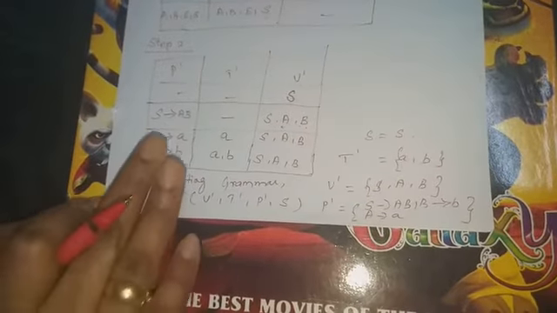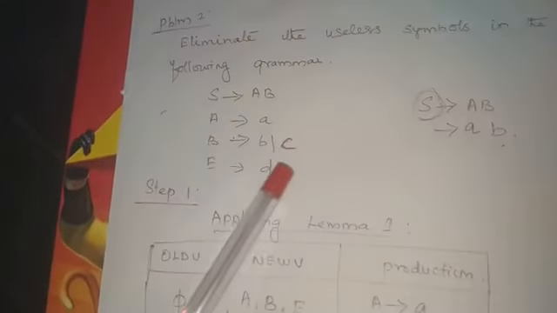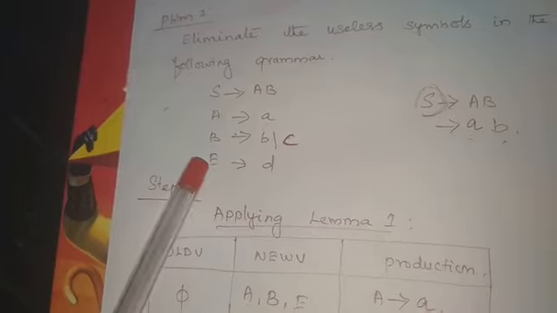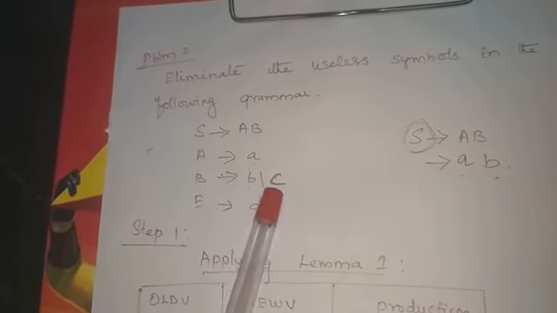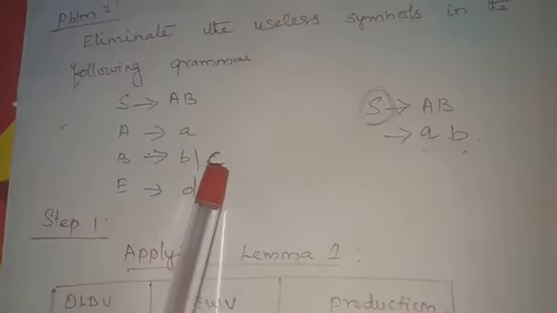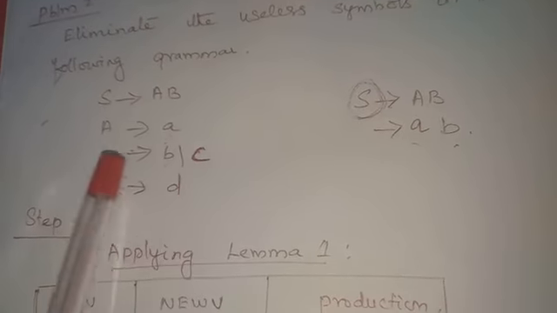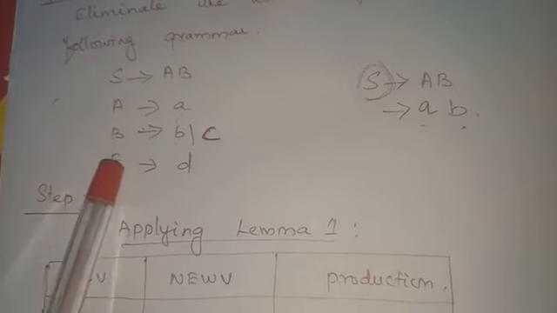So this is how we solve the problem. Now you see there were many productions. Okay, B, C were there, E, D. So we identified which one is a useless symbol. Now we identified this, and B implies C, as a useless symbol, because for the non-terminal, no terminal string is given. So easily we can identify this is not useful. So likewise we need to identify the useless symbols and we have to remove them.